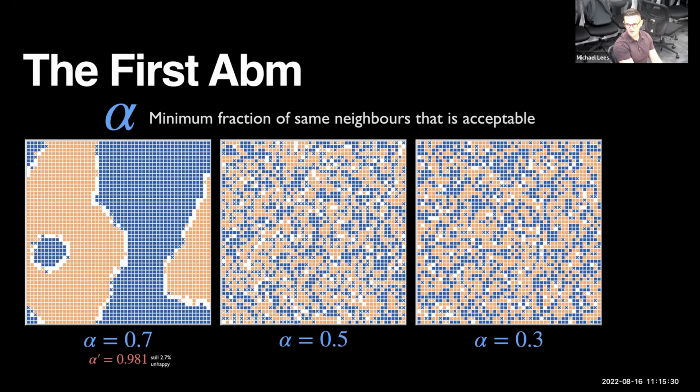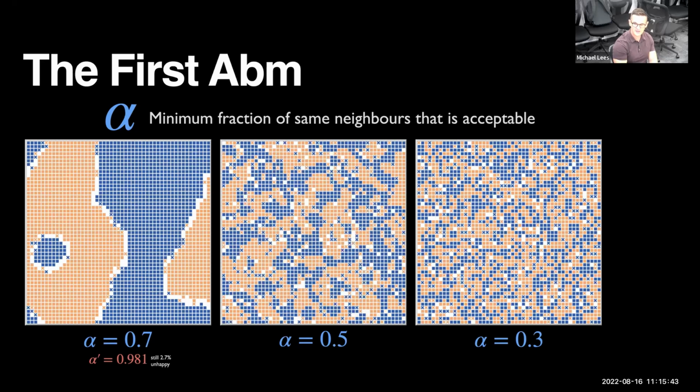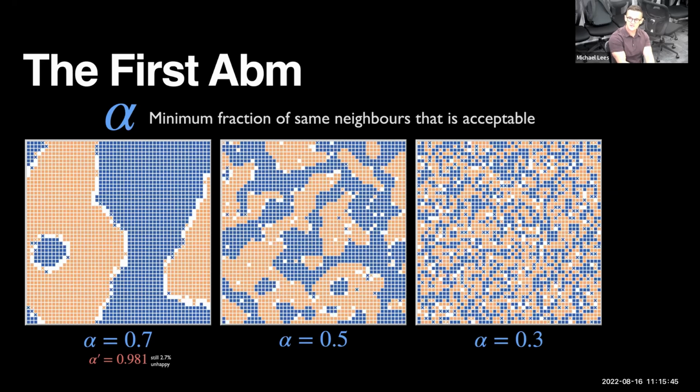In Europe, people typically say anything above 0% is intolerant, which is not realistic, right? You want to have some familiarity around you, but at 0.5, you run the same thing. It's not quite as segregated, but you still see a high level of segregation. And again, if you look at the final value, all the neighbors end up with 86% the same. So even though they only want 50%, they end up with 86%.